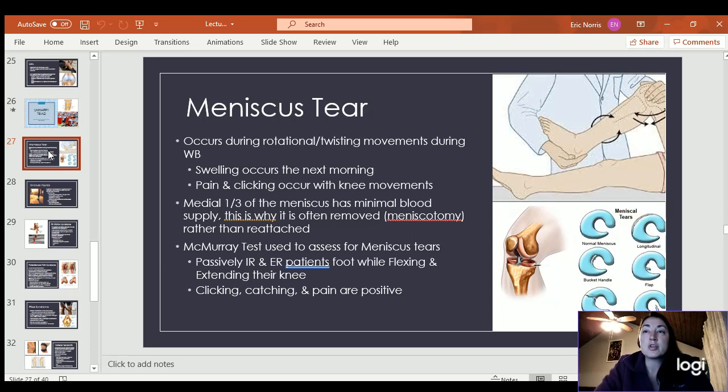The medial third of the meniscus has very limited blood supply. And so if that's the only thing torn, they've not torn their MCL or ACL with it, then they may opt to not do surgery or to do a meniscotomy or meniscectomy, either one. So you just cut into it and take that portion out rather than reattaching. Typically in an athlete, they want to reattach the meniscus so that they have as much cushion there as possible. But in just the average population, especially if it's an older person, they may just go in and scrape that part out because